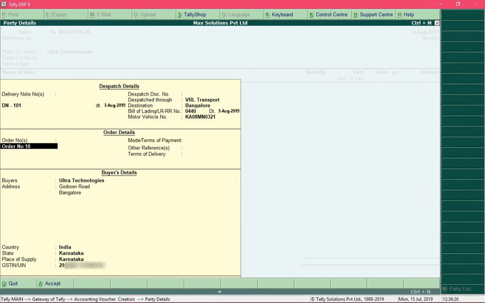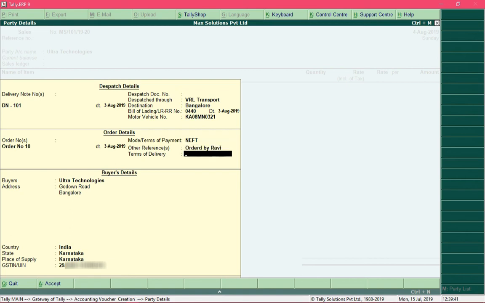So now press the enter key and specify the date on which you have received the order. And in the field mode or terms of payment, you can specify the type of the payment as cash or through NEFT or by check or anything. And for the field order reference, you can specify additional details like something like this.